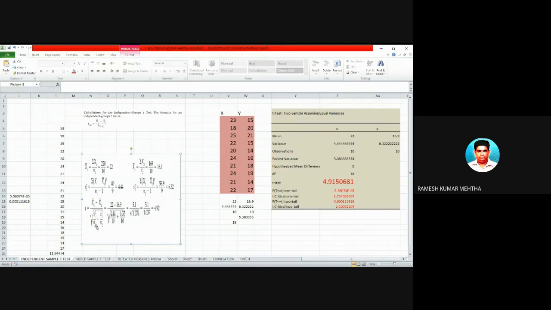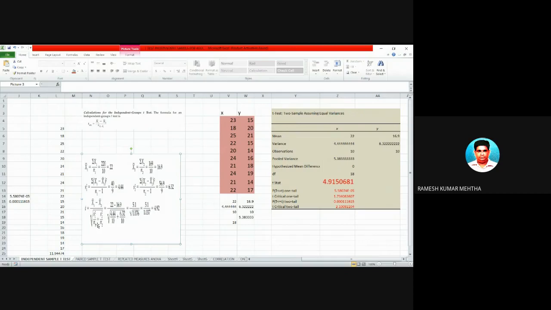that is standard deviation squared. Already I have shown you at the beginning of the class how to calculate standard deviation. The square of standard deviation is nothing but variance, or the square root of variance is standard deviation. Again I'm telling you, if you find the square root of variance, you will get standard deviation.